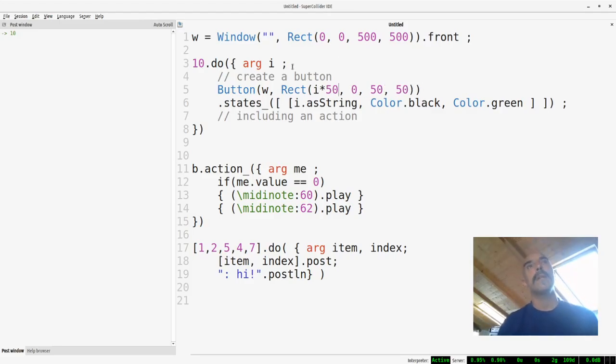So let's think about iteration. 0 times 50, 0. We start from the beginning, but then this becomes 1 times 50, 50, and then we have 2, 100, 3, 150, and so on. So we are placing sequentially all our buttons. So we have closed it, so we can do this again,